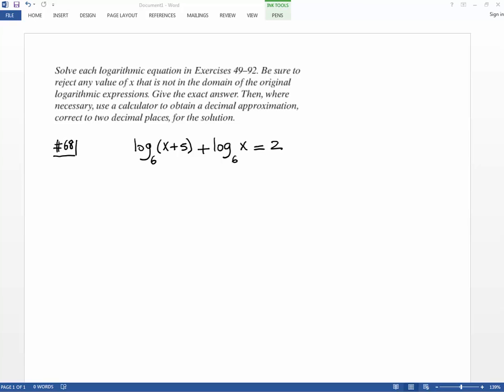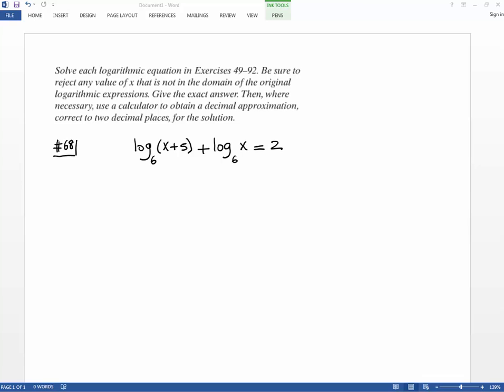Let's go ahead and take a look at the following. Let's say we had to solve this particular logarithmic equation and make sure that we only keep the good values that we get at the end, such that if you plug your potential solution back into the original equation, which you see in front of you right now, it does not create the log of a negative number or the log of 0, whatever the base is in this particular problem, because we know that such logs are not defined. So we'll have to toss out any potential solution that does not check in to the original